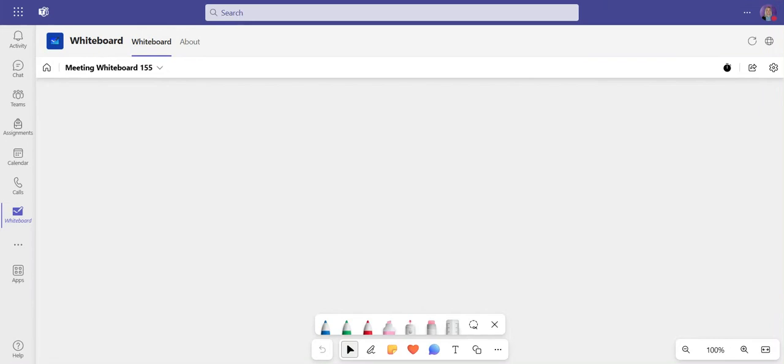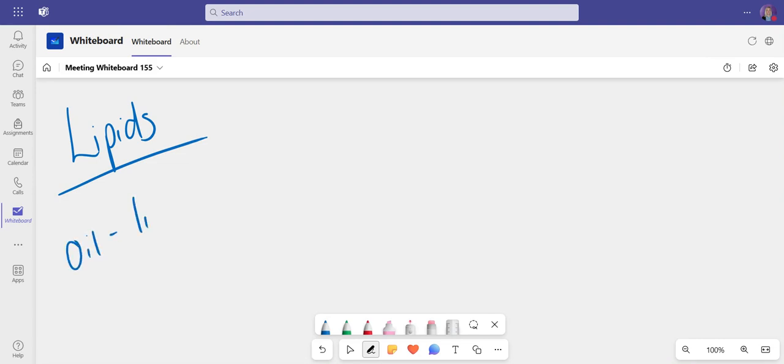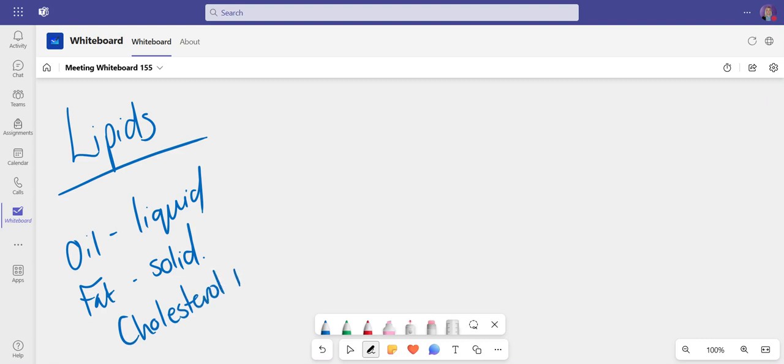So, lipids include all types of fats and oils, and basically, the difference is that an oil is a liquid and a fat refers to a solid. Okay, so we're now going to call them lipids, this whole group of molecules. It also includes molecules that are very similar called cholesterol and hormones. Hormones and cholesterol have a very similar structure, but it's very different to the other lipids that we need to